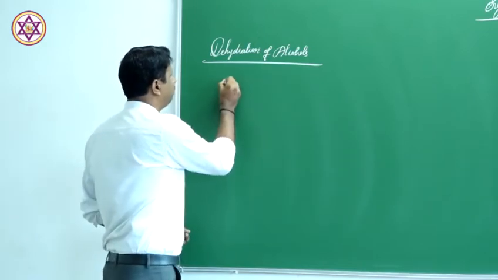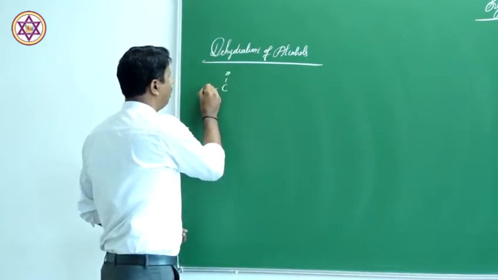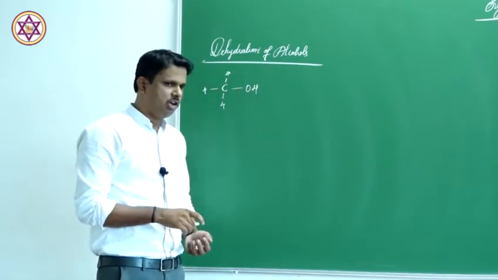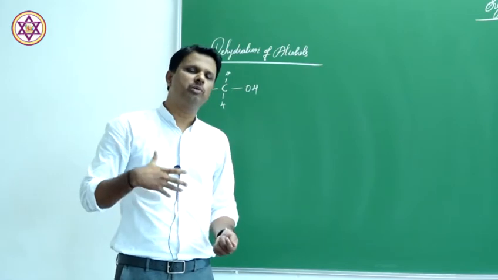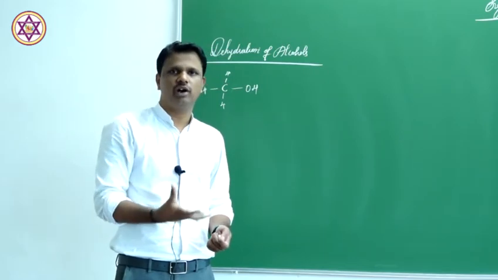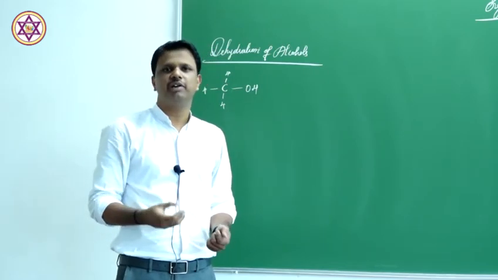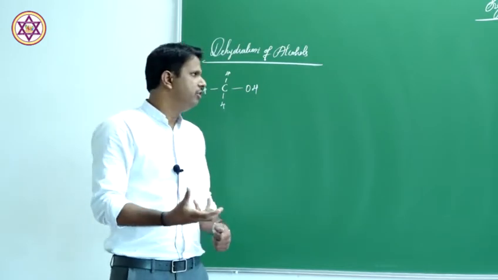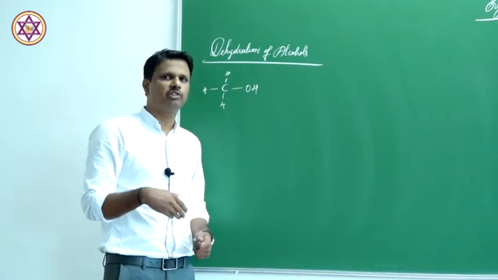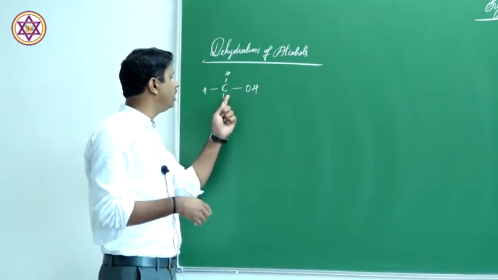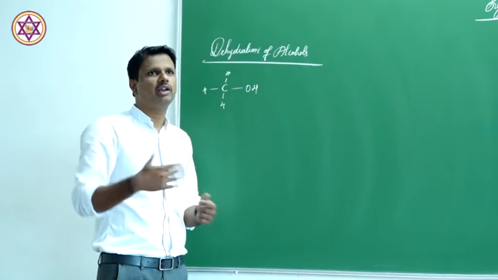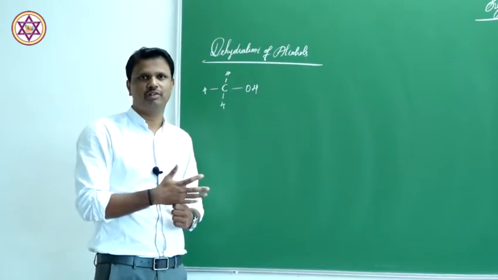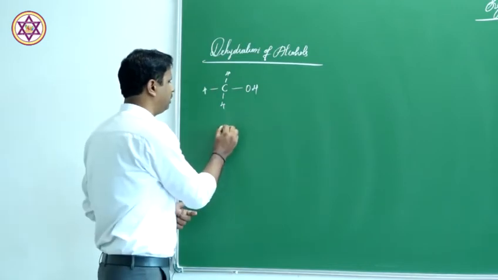Let us say, for example, we take methyl alcohol. Dehydration is nothing but an elimination reaction. In order for elimination to occur, we need a beta carbon atom and a beta hydrogen atom. But in this case, we have only one carbon atom, so elimination is not possible. So you cannot dehydrate this molecule. Let us take another example.